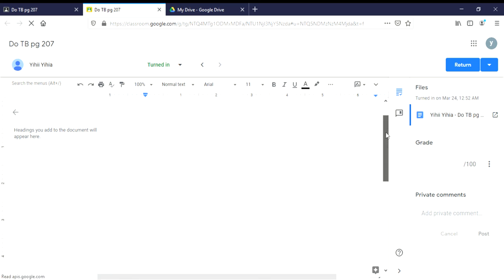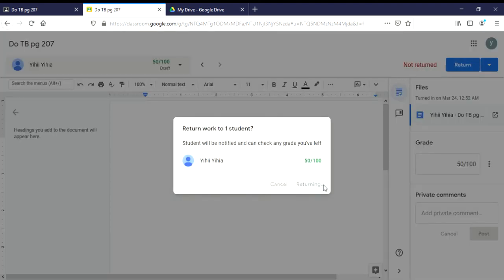You see, remember that just now we attached a Google Docs, but then if they have answered something here, you can just grade it right away and then put the grade here. Then you will wait until the saving is done, draft, and not returned yet. Not returned means the students will not know the score. If you want your students to be notified about their score, you can just return it. Return to your students.